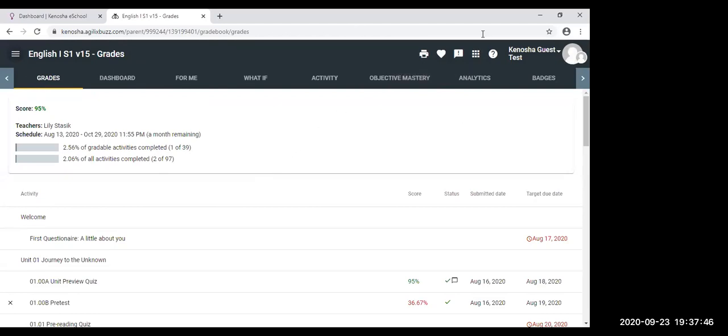So that's pretty much that feature. If you are unsure if you have an active account, definitely contact one of your students' teachers or the eSchool office, and we can take a look. The same applies if you know you don't have one and you want to get one activated, we can take care of that for you.